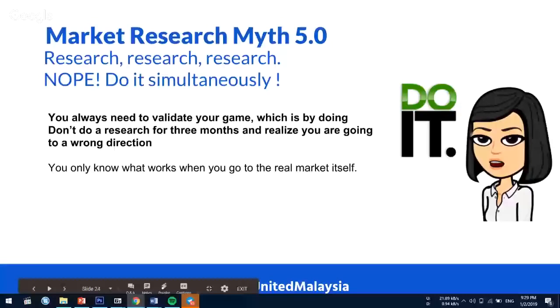Then only you start your sales strategies. So the thing is that you always need to validate your game, because doing research for 3 months and then realizing you are going in the wrong direction is a very bad example. So how I used to do it in LC is that I always